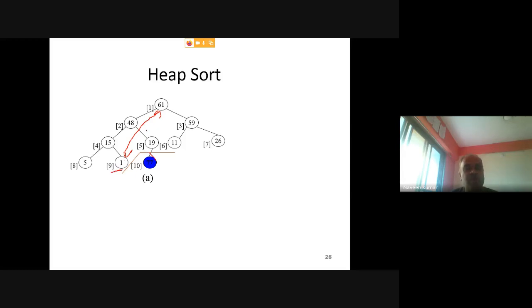So swap this 61 with 1. So we'll get 1 here and 61 here. Then you need to reduce the size of the array again by 1 for the next iteration, and you need to fix this element. This element now is 1 instead of 61, so you need to fix it again using the same algorithm.